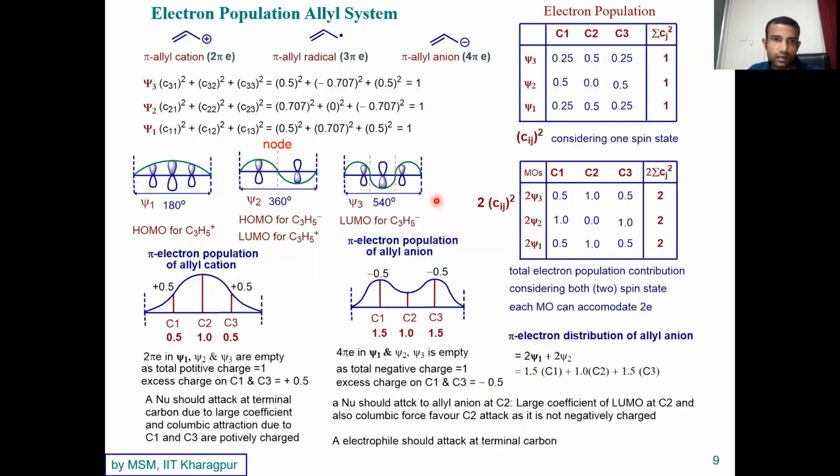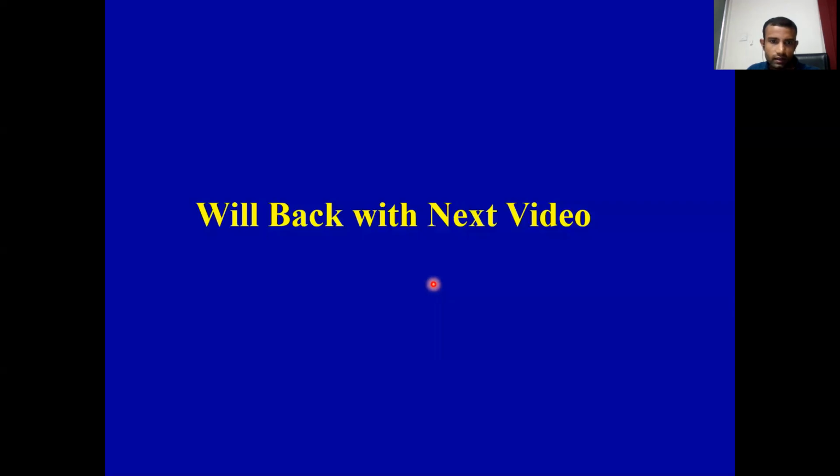I have one correction in my previous videos. Mistakenly, I had drawn a node but with both having the same lobe on top. This is not the true case; it will be opposite phase because there is a node. The same for psi 3 also, and here also there are some typos. So this will be psi 2 and psi 3, and here also psi 2 and psi 3. This was just some error, so please consider this. Thank you.